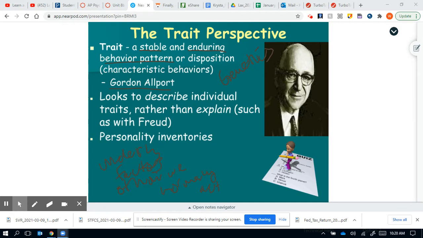So, what is different about this theory from other theories is that trait theory only looks to describe people. It only looks to say this person is shy, they are emotionally unstable, they are angry, all these things. It does not jump into why they are like that, like Freudian theory does, where he